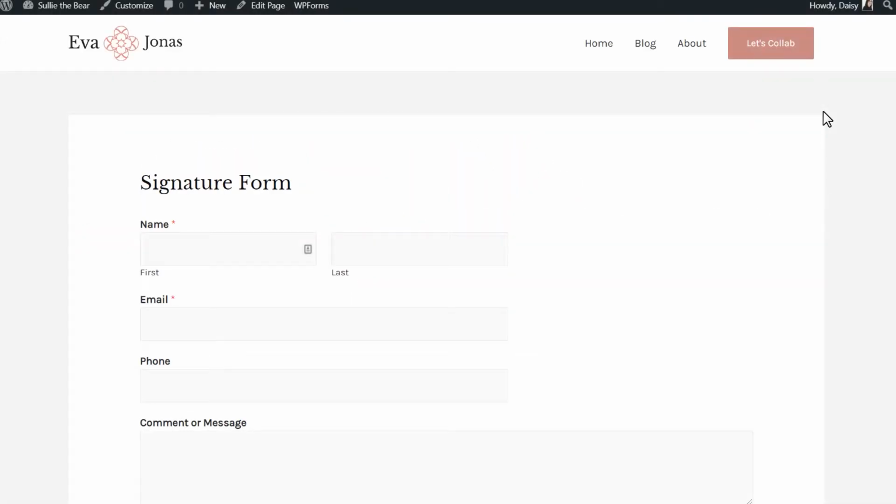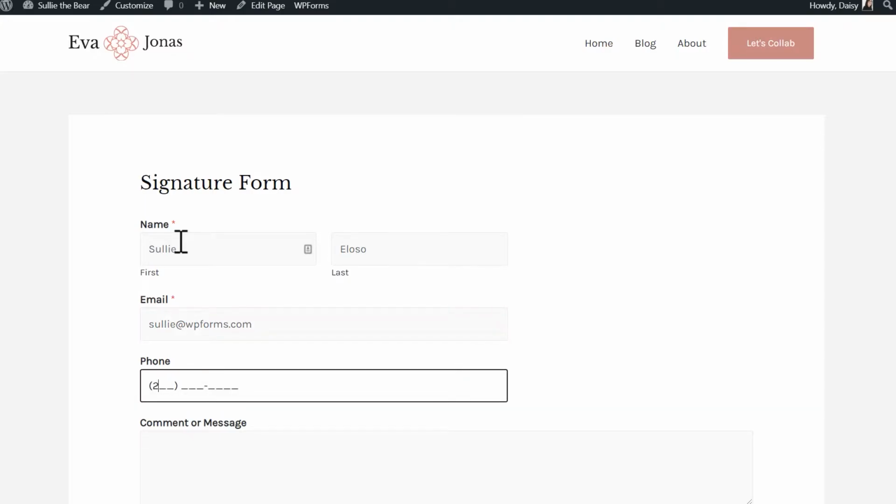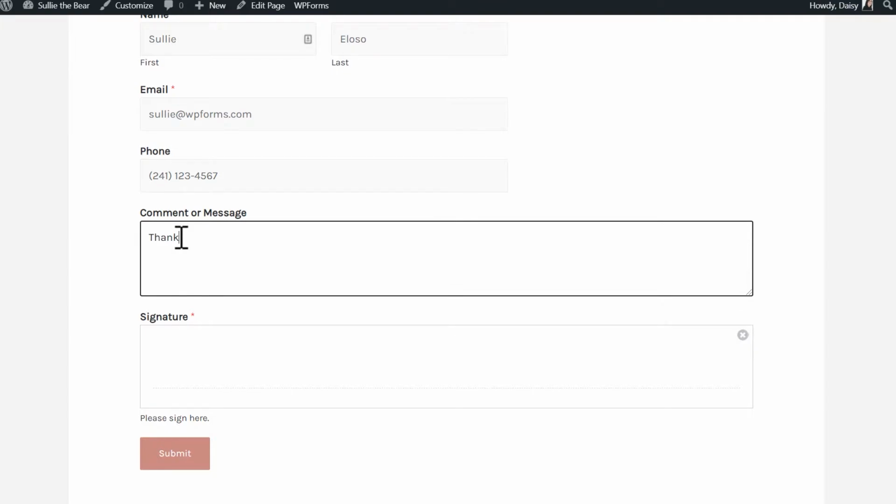Today I'm going to show you how to create an online contract with a digital signature option in WordPress by using the WPForms plugin. Creating an online contract that gives your users the ability to directly sign and submit the contract is not only more convenient for both parties, in that it saves you the time and trouble of sending email attachments back and forth, but it also allows you to close deals faster, which can lead to faster business